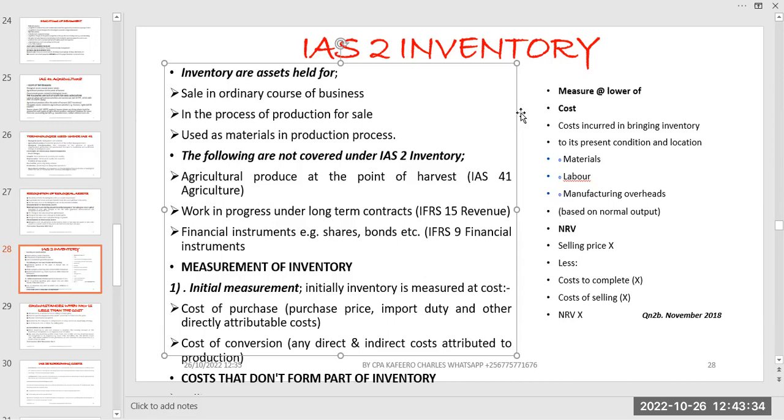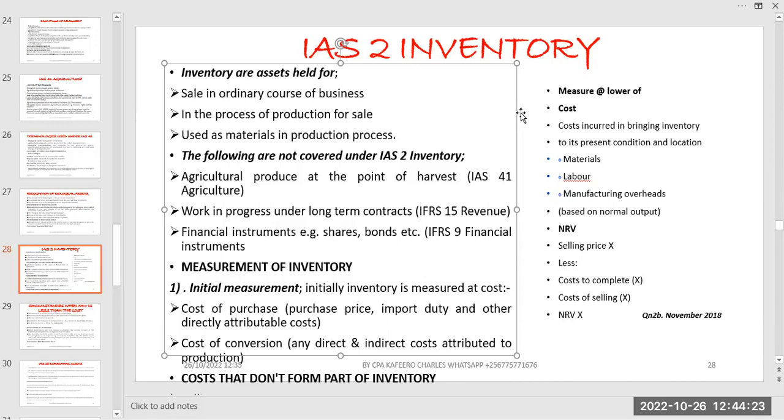And we are saying initially we measure inventory at cost, but the word cost is very broad. We spoke about it when we were handling IAS 16, that was PPE, because it was also initially measured at cost. Most of these things we've been saying, except the biological assets, we've seen that some of them are accounted for initially at cost, or we use the cost model for initial recognition or for initial measurement. But when we are talking about the cost, the word cost is very broad, to the extent that,